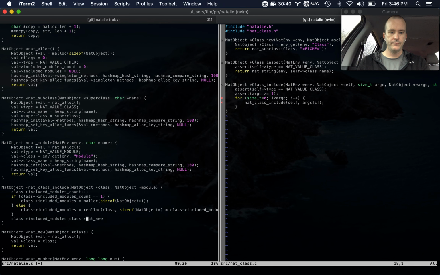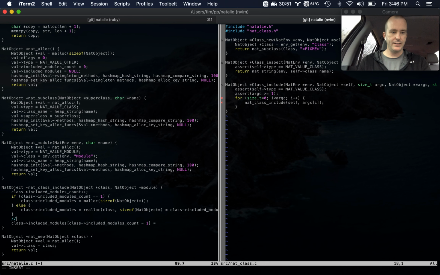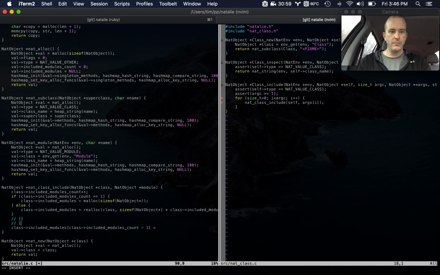Oh boy. Modules count minus 1, or is it minus 2? Okay, here's what we do. It was 0, and then we made it 1 with 1 slot. We made it 1 with 1 slot, and this is the 0th slot, so it'd be minus 1. And then if we had 1 and we increased it to 2, so now our count is